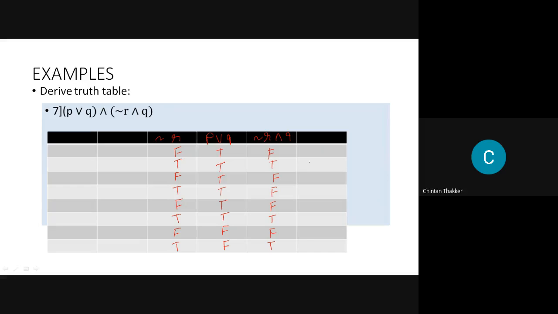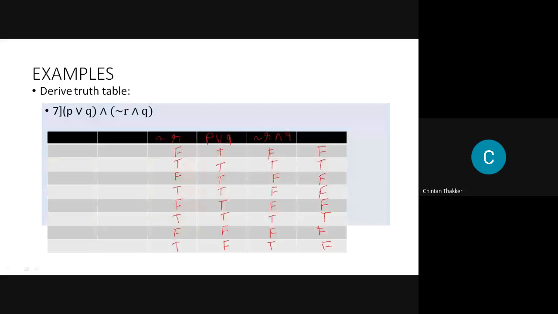The solution is there: T, F, F, F, T, then F, T, then 3F, then T, and then 2F.